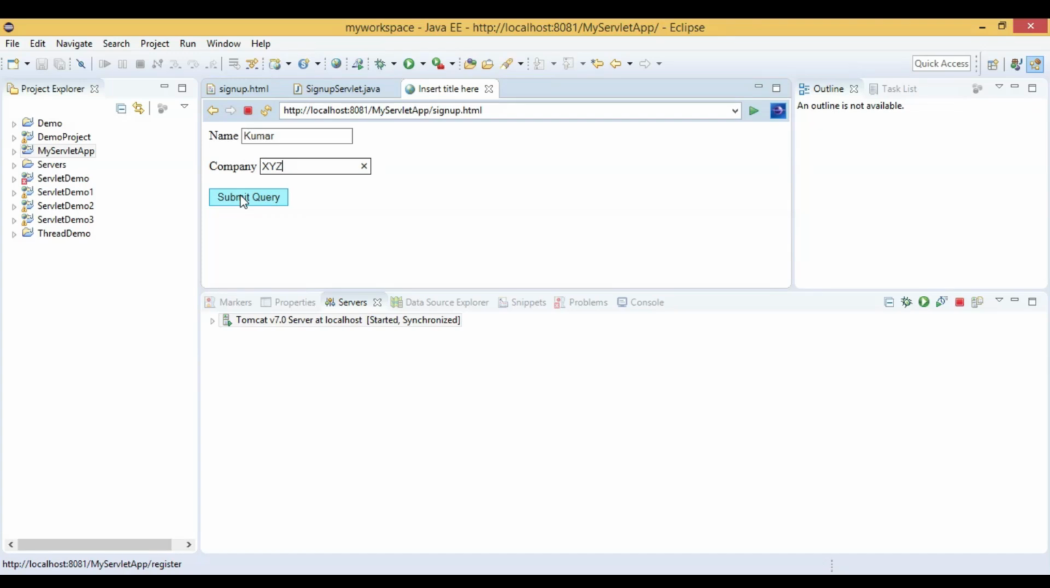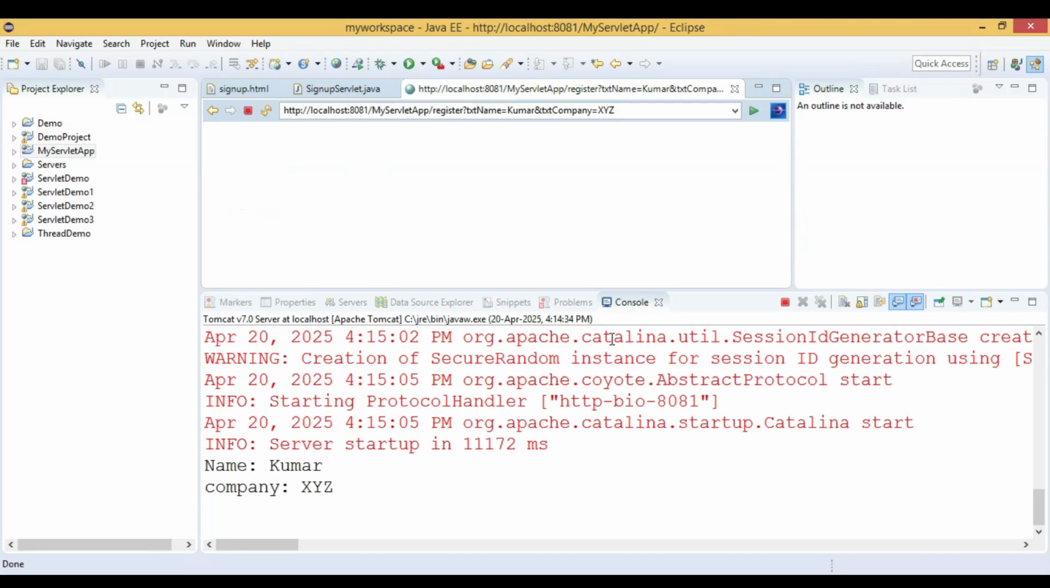Once I click submit, the request will go to the signup servlet, and the doGet method will be invoked. Inside the doGet method, we retrieve the name and company values and print them inside the console. So let us click the submit button now. You can see in the console, name Kumar is printed and company value XYZ is printed. So this is how